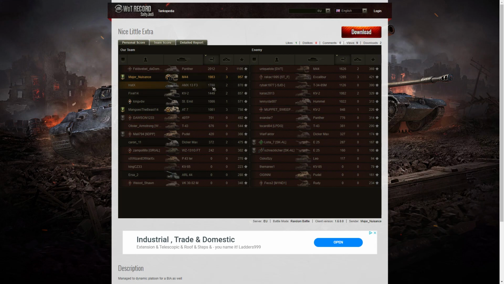And the next high score after that was our AMX-13F3. He was very busy as well. 1,788 hit points of damage. The 87 I was platooned with got the Brothers in Arms. When it came to kills, I shared the honours with the 87, who got 3,